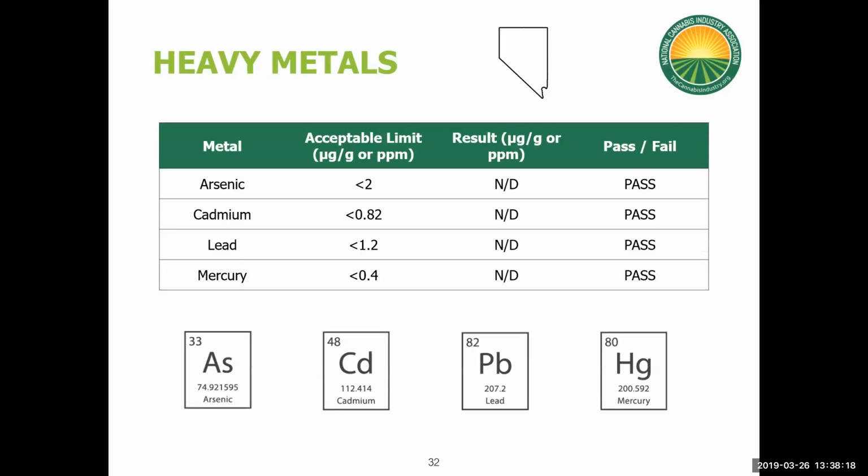And lastly is an example of heavy metal results from Nevada. So I've chosen the acceptable limits for Nevada here for the big 4 metals: arsenic, cadmium, lead, and mercury. And so this result looks much similar to the other chemical contaminants we were looking at, pesticides and residual solvents,